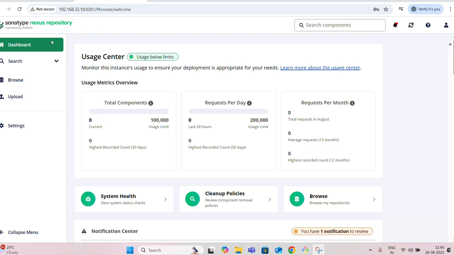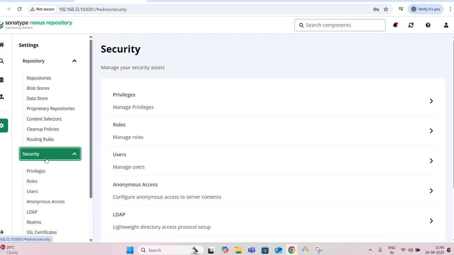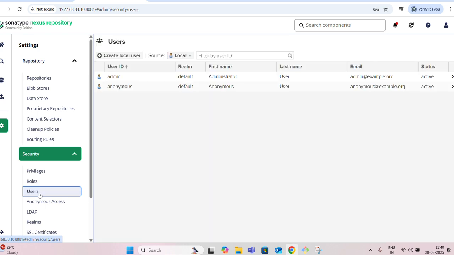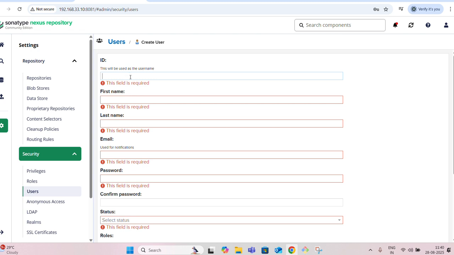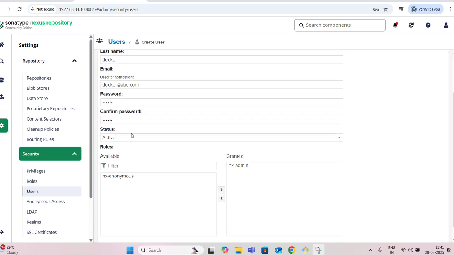This is my Nexus server, and I will create the user. Go to the settings, and if you scroll down, choose the option Security and check Users. Click on it, create a local user, and give any name. It is optional. In my case, I provided Docker as the ID, first name Docker, last name Docker, and gave the password.